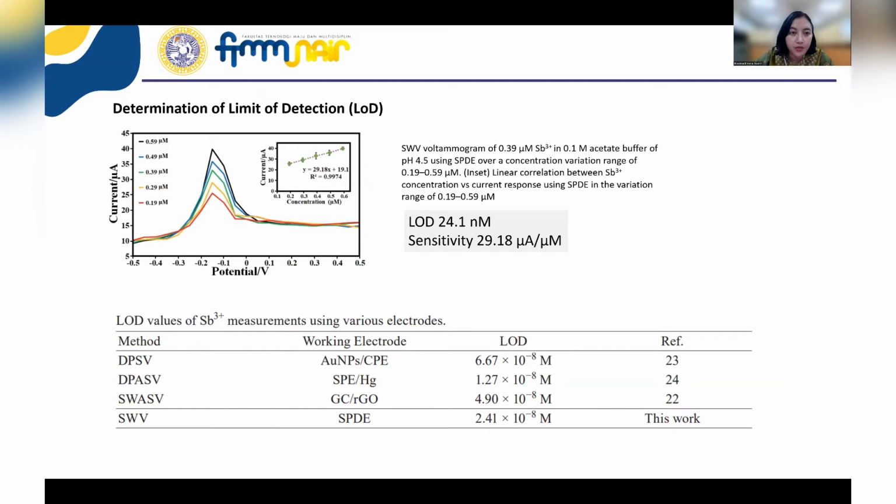And then we tried to determine the limit of detection when we are using the screen printed diamond electrode. So with the various concentrations, we have a linear calibration in here. And then finally, we can get the limit of detection in nanomolar, about 24.1 nanomolar. So it's pretty low, and we can analyze very, very low concentrations of antimony in